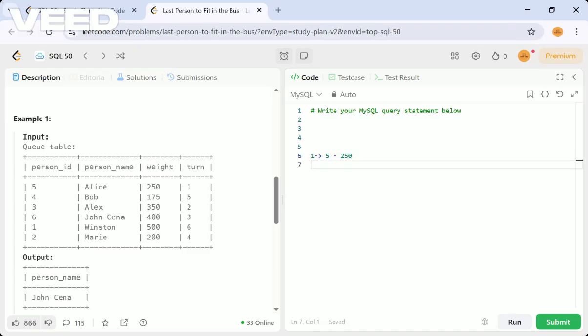On the second turn, we have Alex, whose person ID is 3. His weight is 350. This is the second turn.